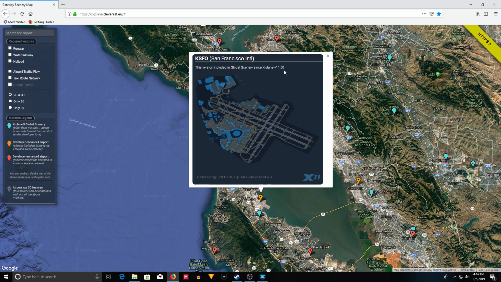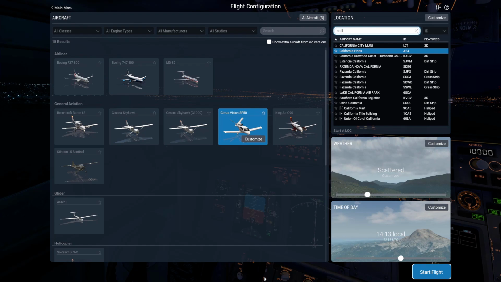X-Plane 11 is way past version 11 now. So this very extravagant, cool looking airport is already available in game, which is great. But the reason why I use this tool is because it gives me the exact name of the airport that I need. So I could go back to X-Plane 11 now, and let's see, I got to go back real